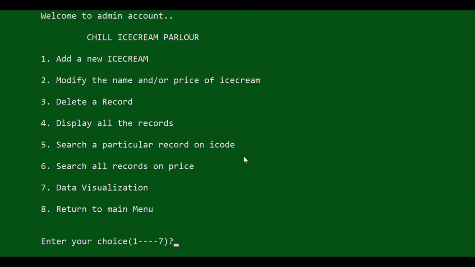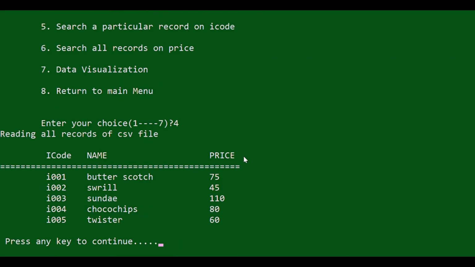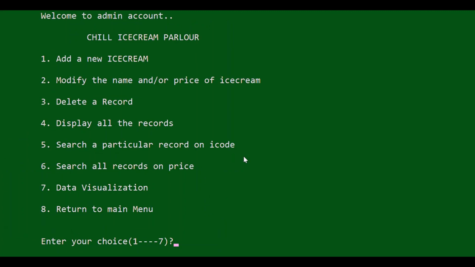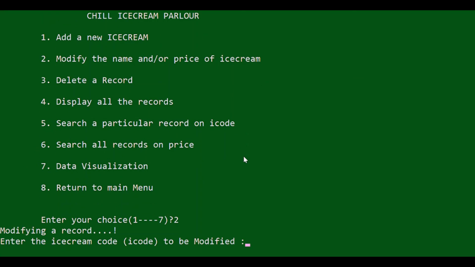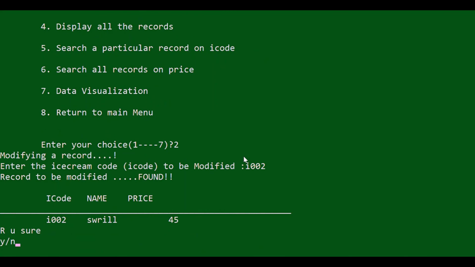Now let us see if I display all the records. I have all these valid I codes. I010 is not there. So let us suppose I want to modify the record with the ice cream code I002. So I go to option 2 again, and I enter I002. Now before updating, it is displaying me the record and it is asking, are you sure you want to update?